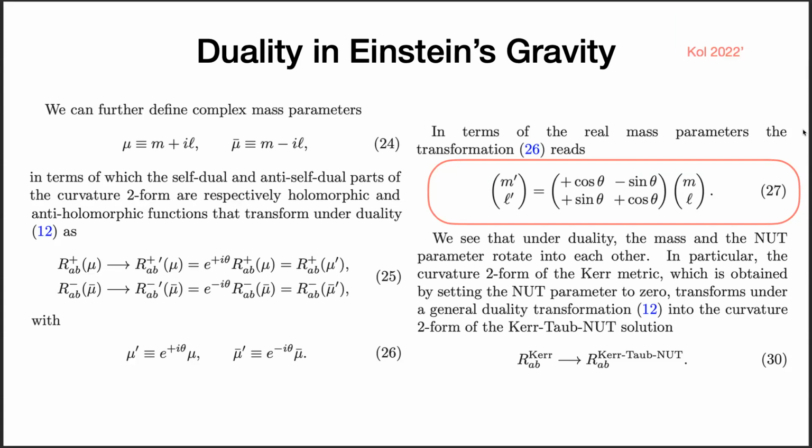Alfredo, I have a quick question. Are the self-dual and anti-self-dual parts of the Taub-NUT metric, under this definition of duality, the same as if you had used the Weyl tensor? The Weyl tensor, you mean, with space-time indices? No, they're not. That's key, actually. When you compute the Weyl tensor or the Riemann tensor with space-time indices, you will not see this duality property. It will not transform nicely under duality.